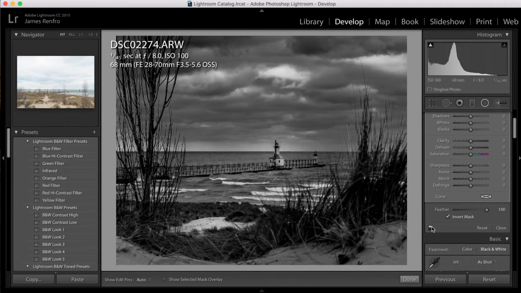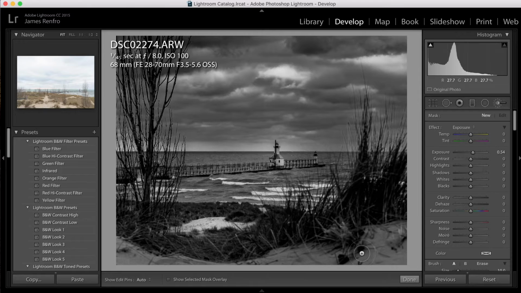Okay, so we can kind of see what we've done here. Just brought out a little extra things to draw your eye in. Now, I also like to use brushes, so that's the other thing I'm going to do. And I'm going to brush just a little bit of light back in here. And actually, I don't really want that close to the